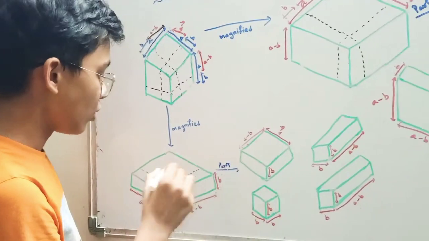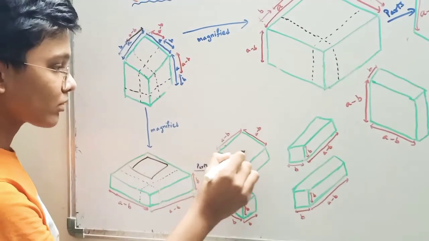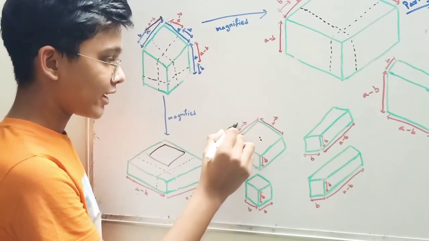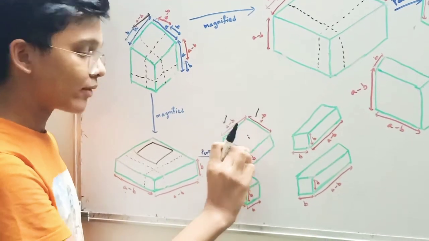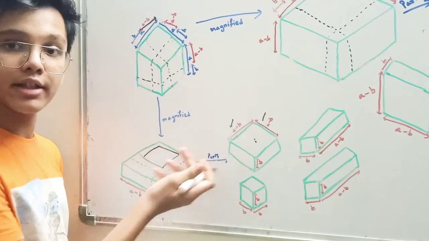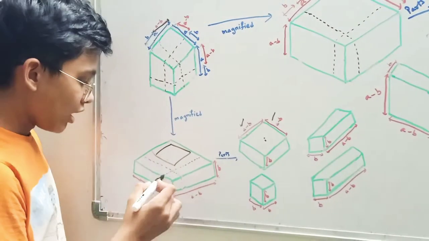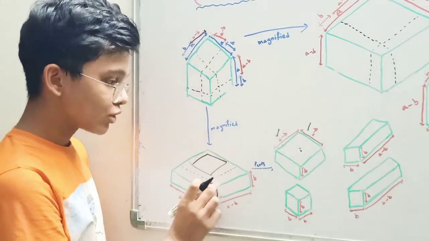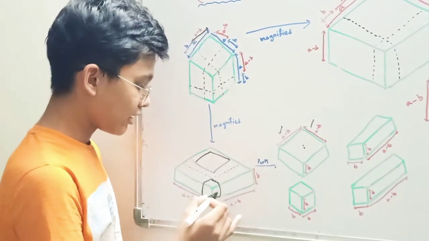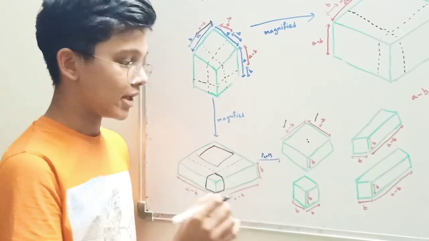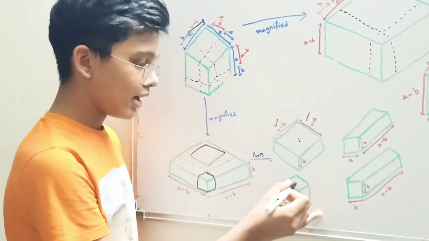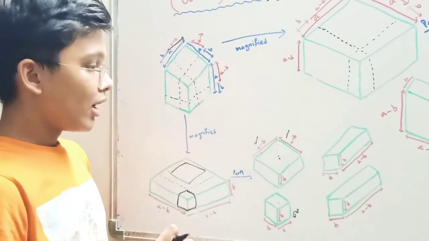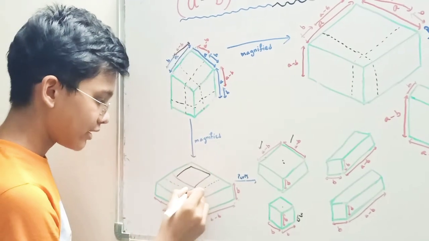So if we cut the whole cube, this cube is represented over here. It will be a − b as its length, a − b as its breadth, and the height will remain the same, b, because we didn't change the height anyway. Now looking at this cube, its height is b, even the breadth is b and the length is b. So this cube would be represented like this, and this cube would be b³. Now coming back to this part.